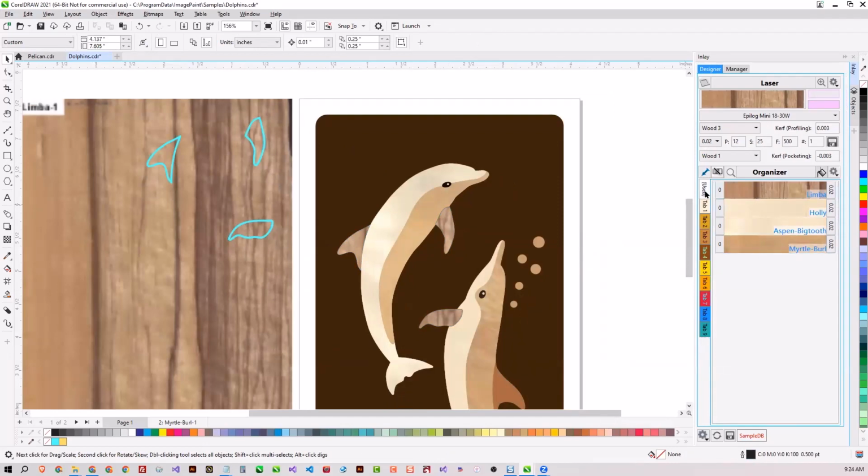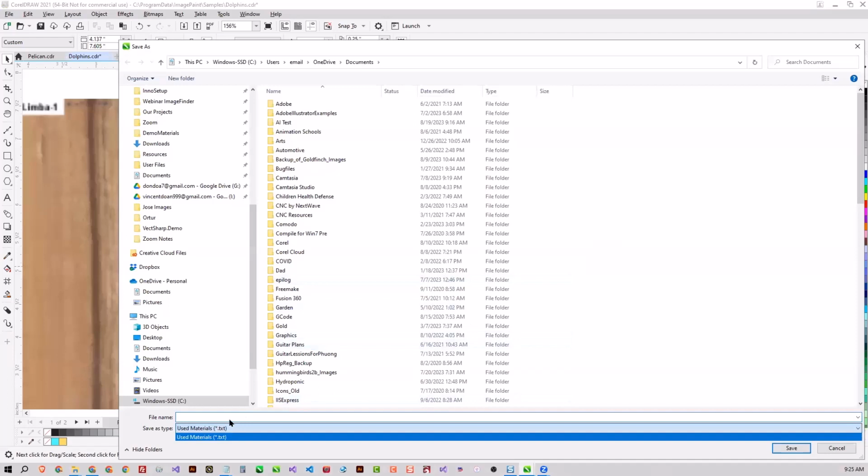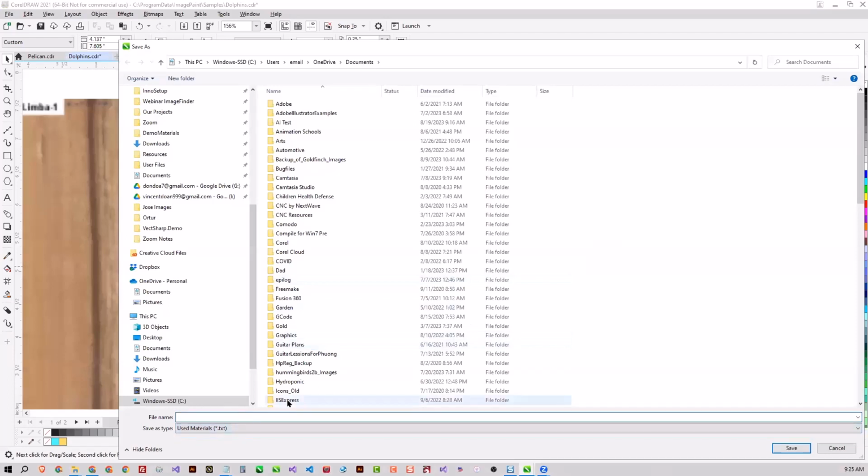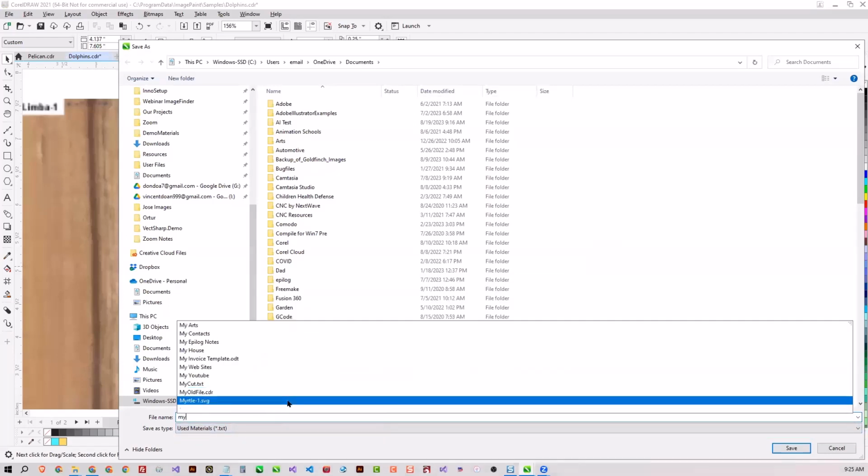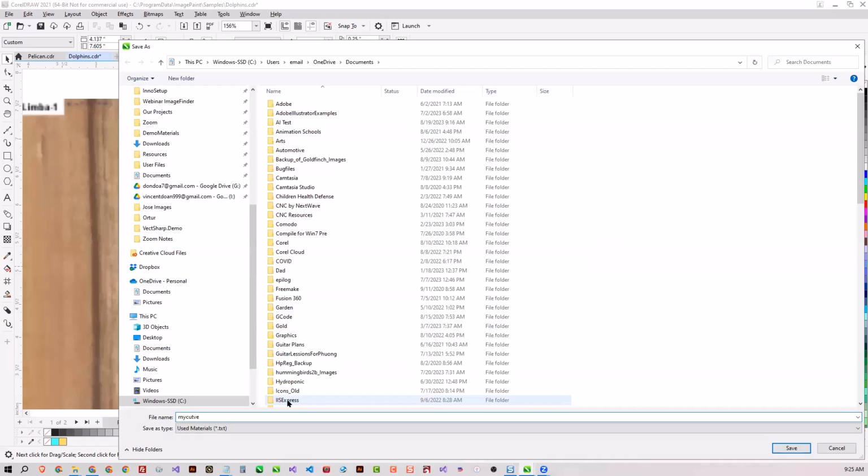If you click the Use tab, you see all the veneers that are being used in your document, in your design. When time comes to pull out your physical veneer from your inventory for cutting, you want to be able to create a list of veneers. Name. So I'm going to give this file name my cut veneers or something like that, .text.